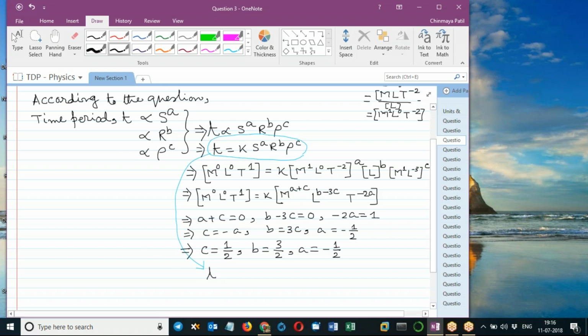You will get t is equal to k into S power minus 1 by 2, then r power 3 by 2, and rho power 1 by 2. Correct. And that should imply t is equal to k into, if you do all these things in a square root manner, it will be rho into r cube